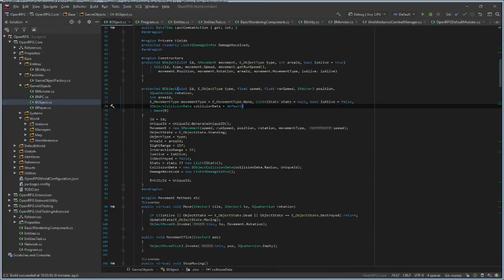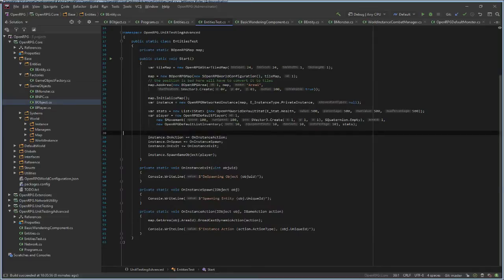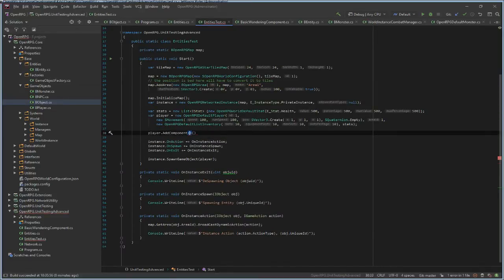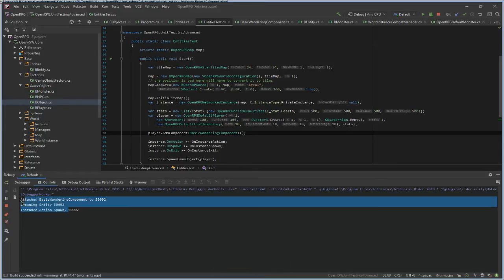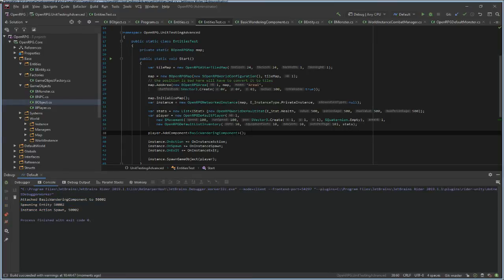I'll have to change a lot of things later. Okay, so player add component basic wandering component. No errors, please. Yes, attached basic wandering component to our game object. Great. Awesome.